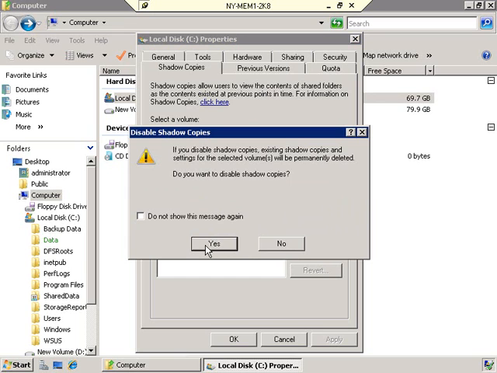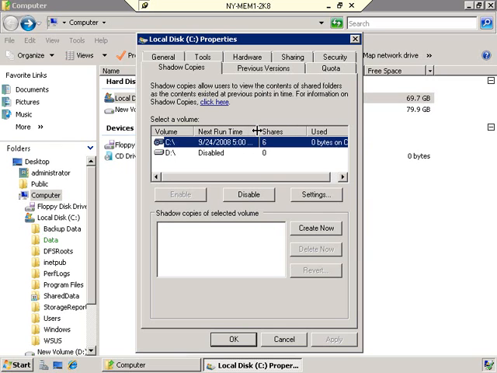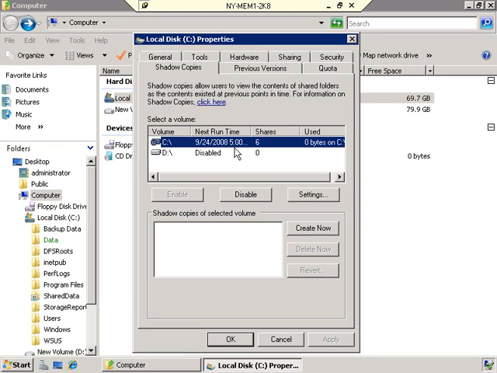And then you click yes to go ahead and disable them. Now I'm going to say no, because I don't want to disable them. I want my C drive to actually have the shadow copies enabled. And you'll notice here that it says the next runtime will be at 5 o'clock. Now I don't want to wait till 5 o'clock for a backup copy to be made, so I'm going to go ahead and click the